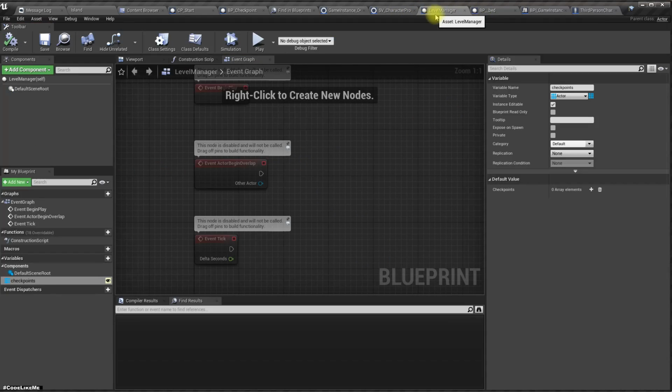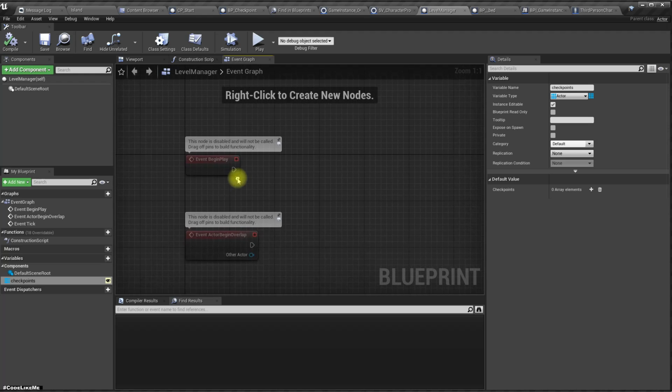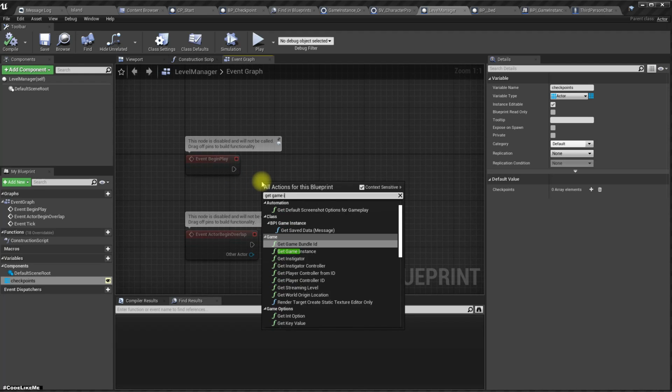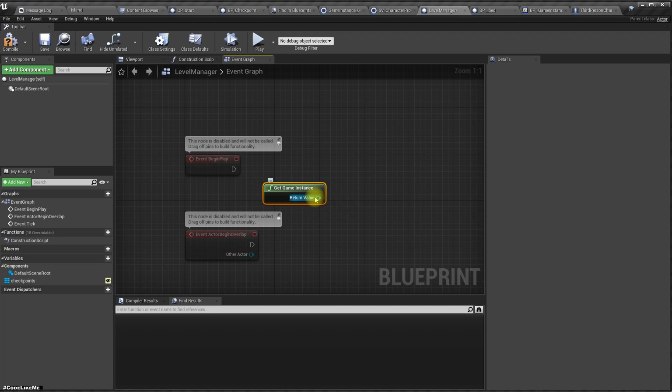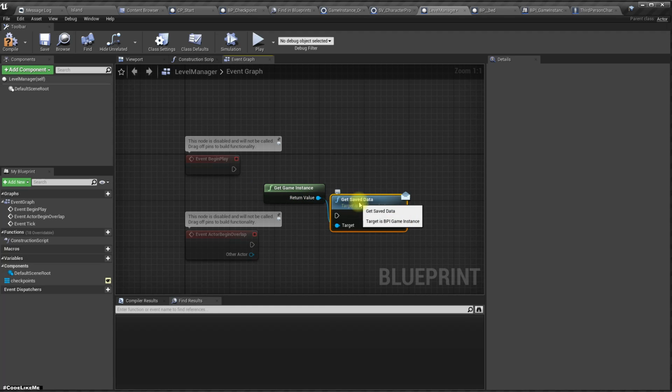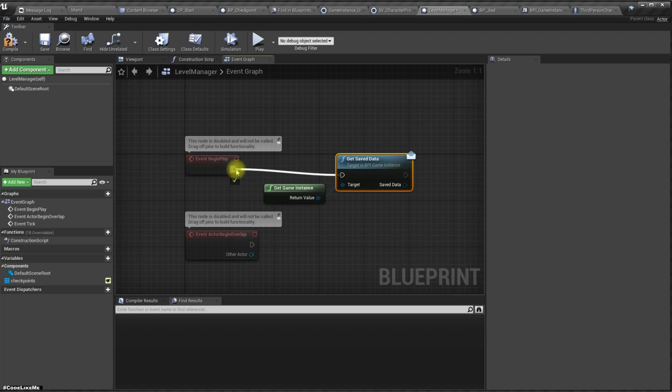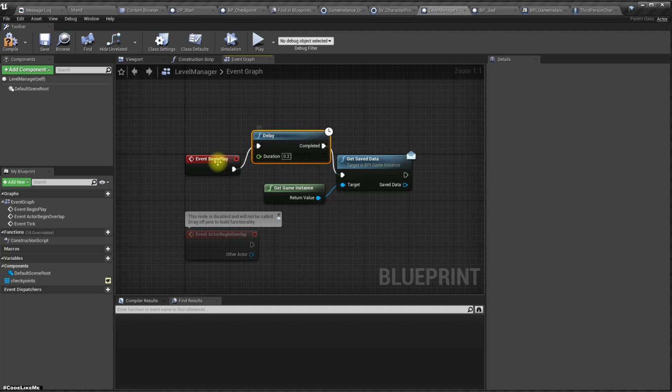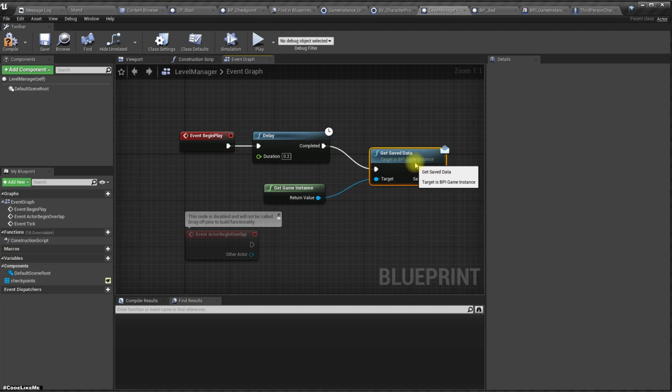So in the level manager, in the begin play, let's get game instance and then get saved data like this, and then I'll add a small delay because I need to make sure that character is spawned here